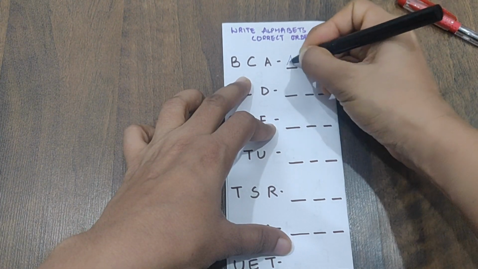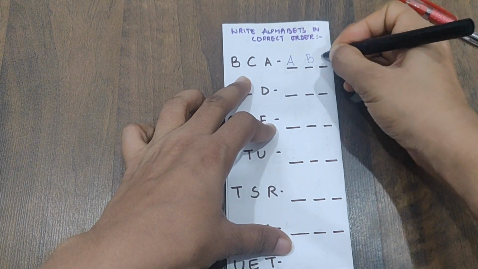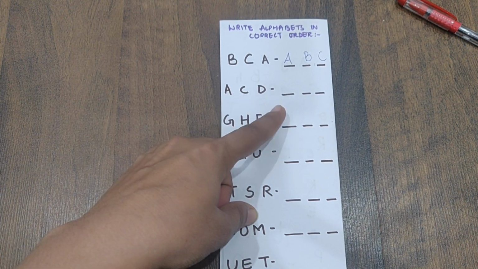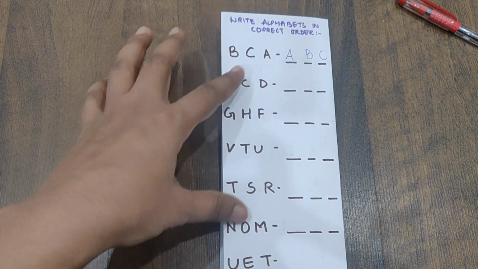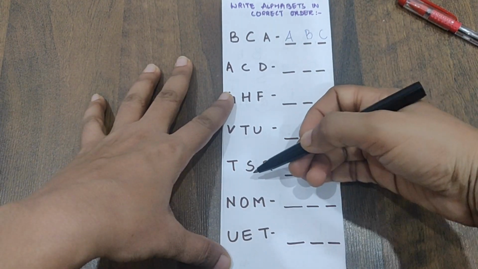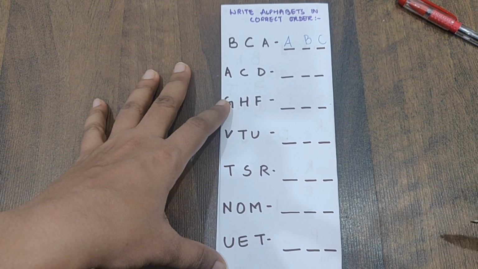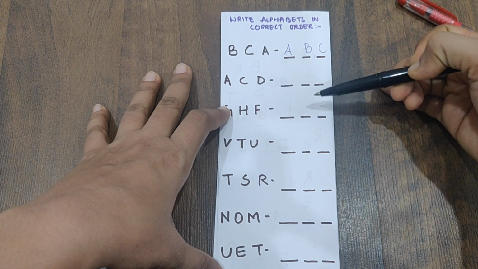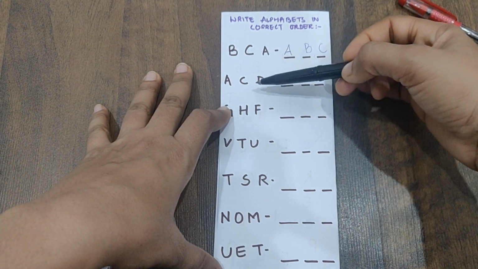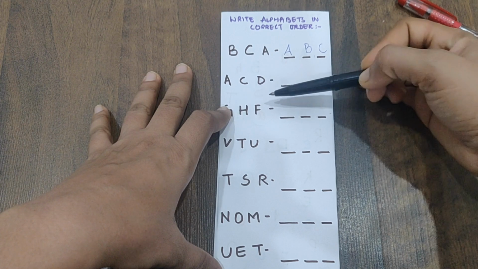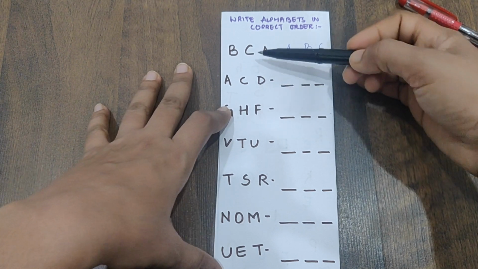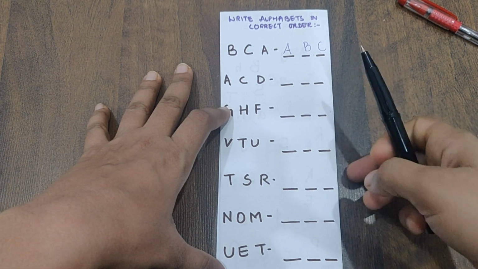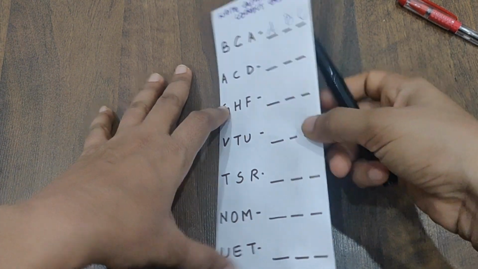So they are supposed to write A, B and C, and accordingly the next one is A, C, D. So again A comes first, C comes, and then D comes. So accordingly the child has to figure out which letter comes before and which letter comes after, and has to write them in the correct order. You can start this also by giving 2 different letters or alphabets. Once the child is ready for the next phase, you can increase the complexity. You can give 3 letters, you can give 4 letters as well. This was write alphabets in correct order.